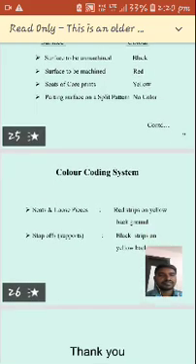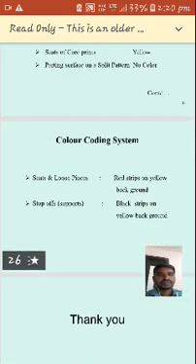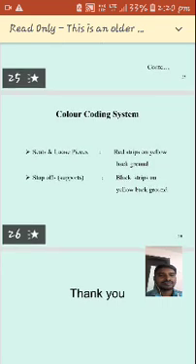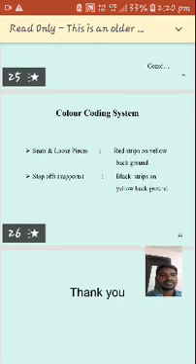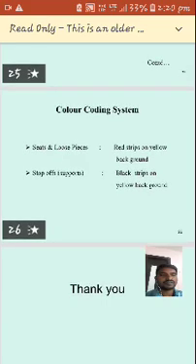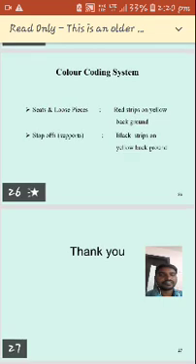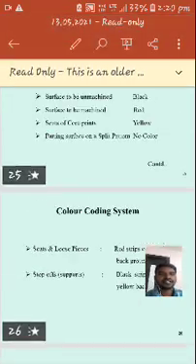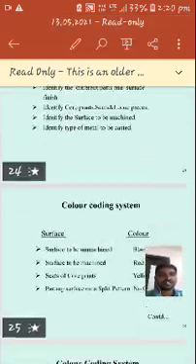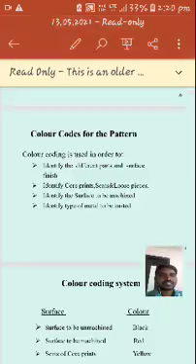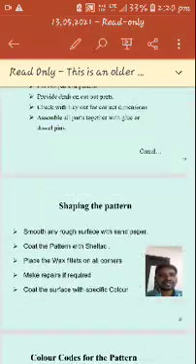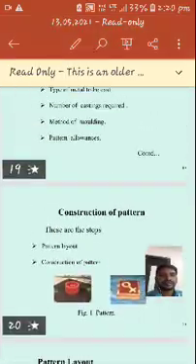Seats and loose pieces are red strips on a yellow background. Stop-offs, which are called supports, are black strips on a yellow background. So these are the various color coding sections, and the construction and shaping of the pattern.